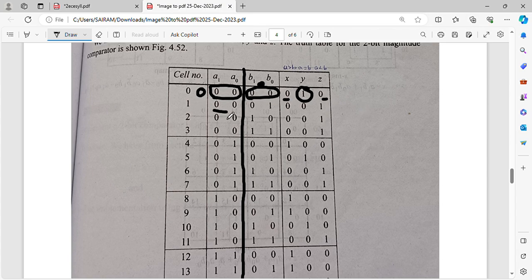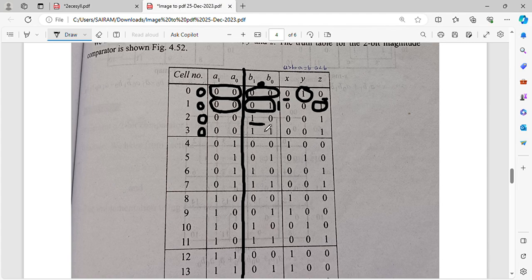Now this is 0 0. So 0 0 is 0 in decimal, right? This 0 1 is 1 in decimal. So 0 is greater than 1 or 0 is lesser than 1? 0 is lesser than 1. So that is why I put 1 here. For all others it is 0. I only say the ones which are satisfied. For unsatisfied, I have to put 0 as I told you before. Right? Now see here, these four are not zero.